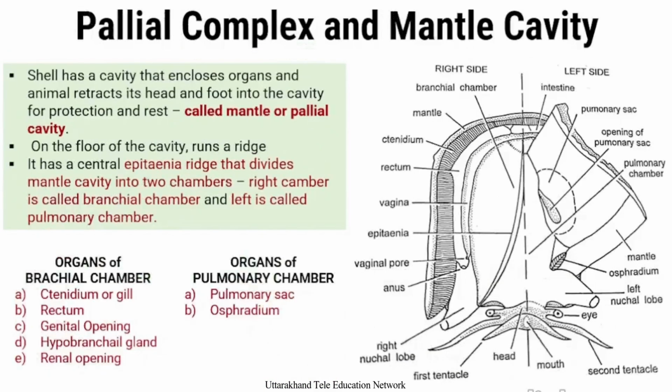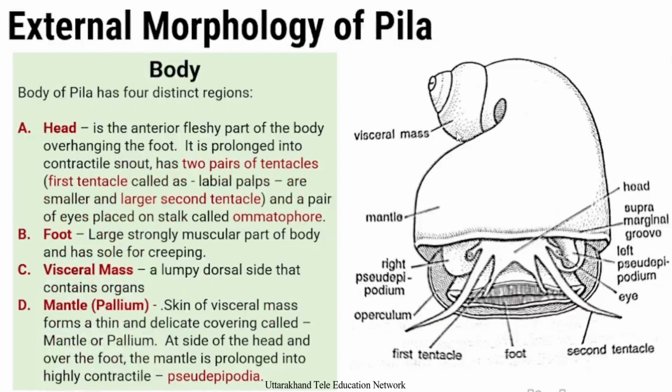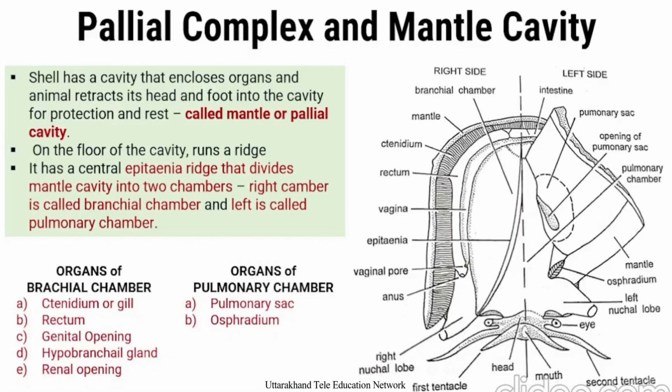Now come to the pallial complex and mantle cavity. As in the earlier slide, you have seen this mantle cavity, and now the pallial complex and mantle cavity. What is this pallial complex? The shell of Pila has a cavity that encloses organs, and the animal retracts its head and foot into the cavity